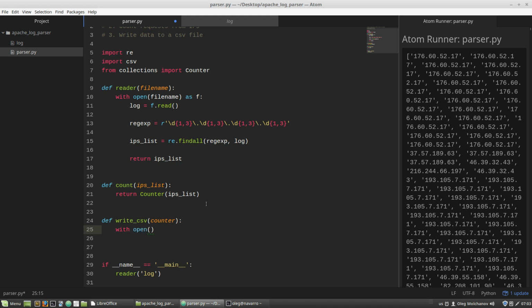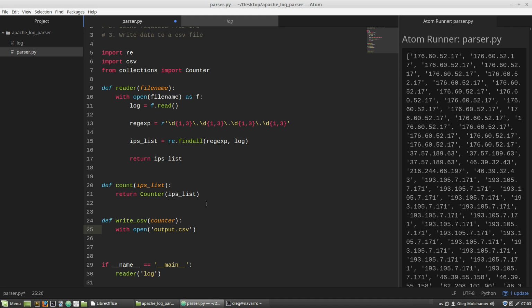If the open function finds the file with the name passed into it as the first argument, it will open it. Otherwise, the open function will create a new one with the file name passed into it as the first argument. So, I'm passing here a file name, let's say output CSV, and I'm opening it up for writing,